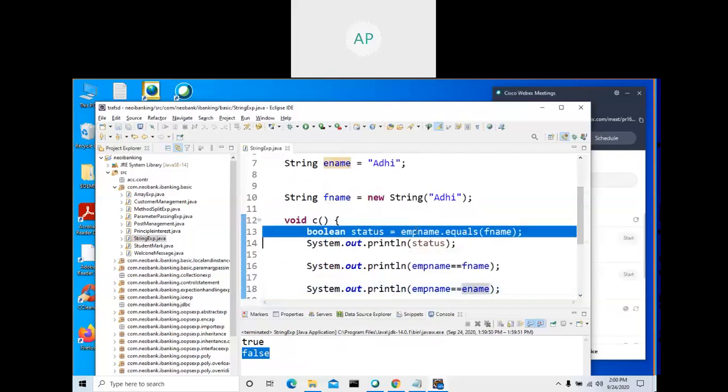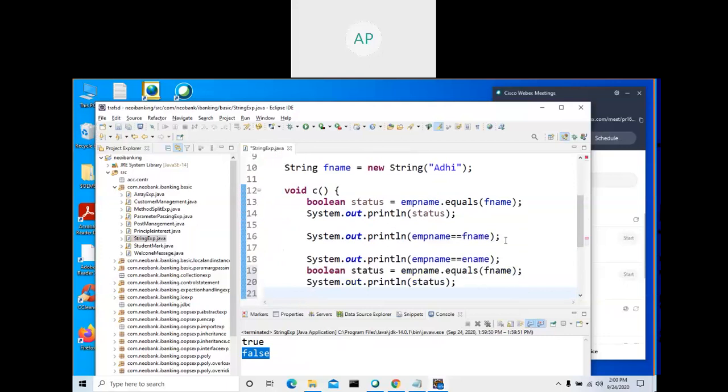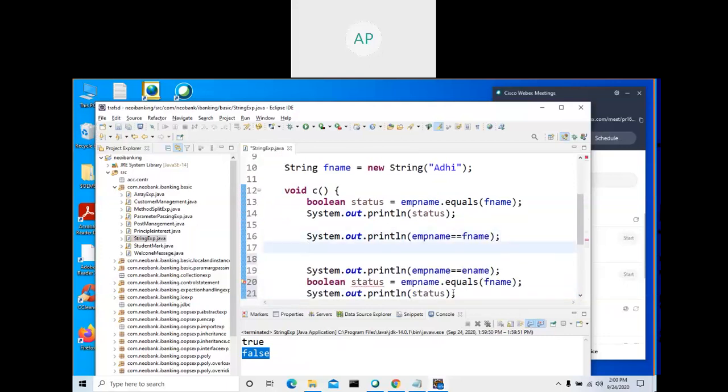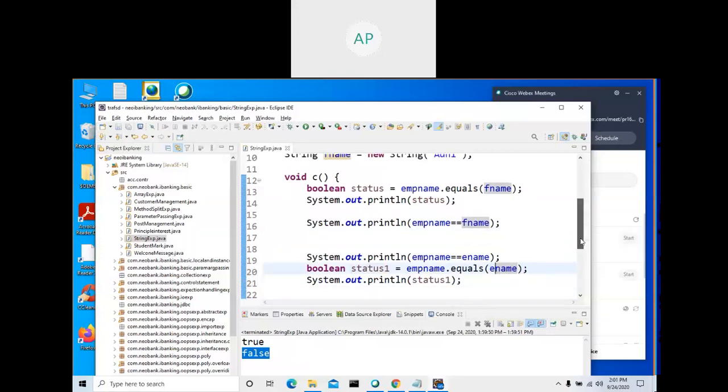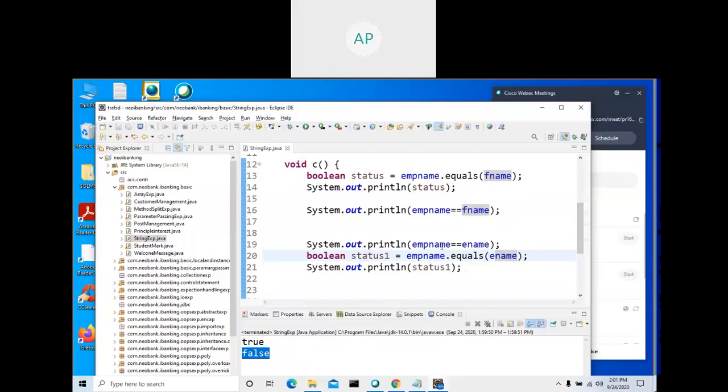Instead of fname, I give ename. E-N-A-M-E. And save. Copy, paste. So what will happen? Here I make this one ename. Very, very important. See here.